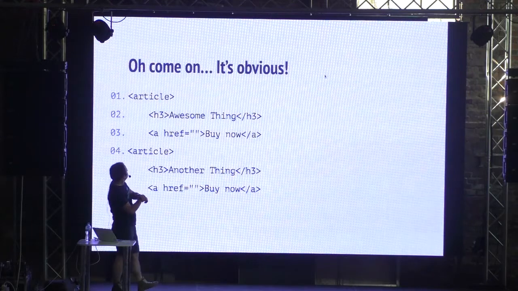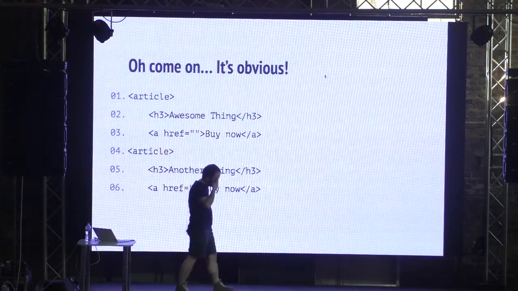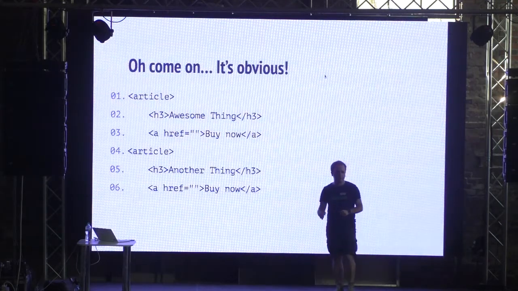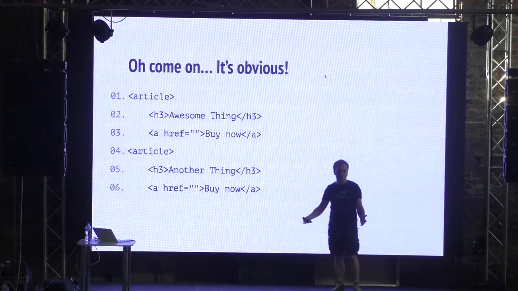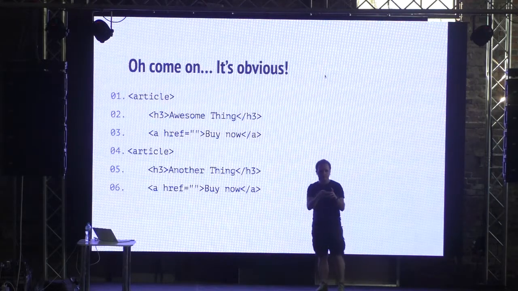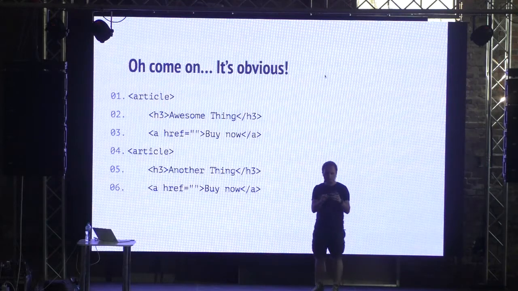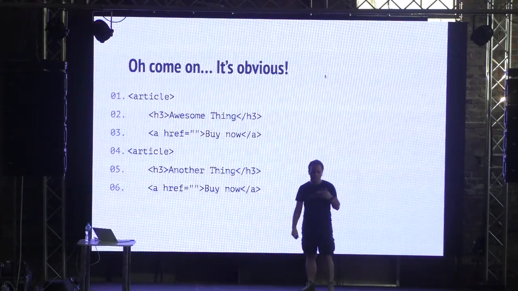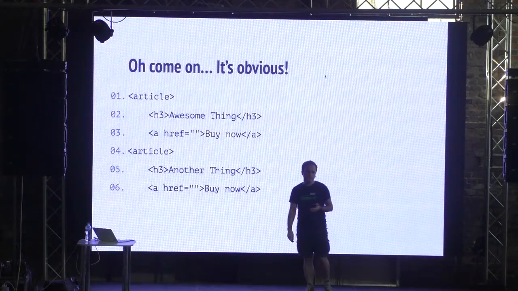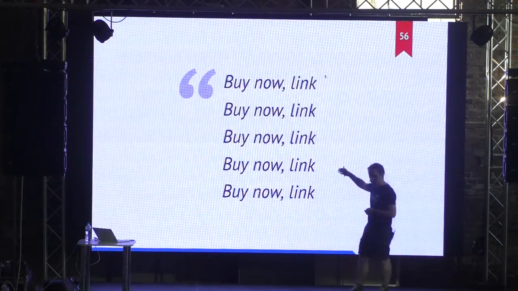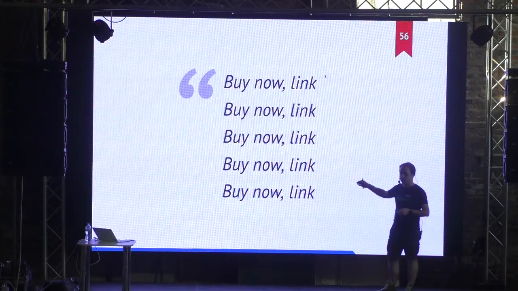And something else, there is a typical thing in online stores when you have a lot of goods and you have buy now, buy now, buy now buttons. When you see the whole interface, it's clear to you. Like you have this phone and the button buy now next to it, and you see, okay, when I click this button, I will go probably to my checkout process or something like this. But when you're using a screen reader, it's not obvious to you at all. All you get is buy now, link, buy now, link, buy now, link. I can go on. This is what users will hear